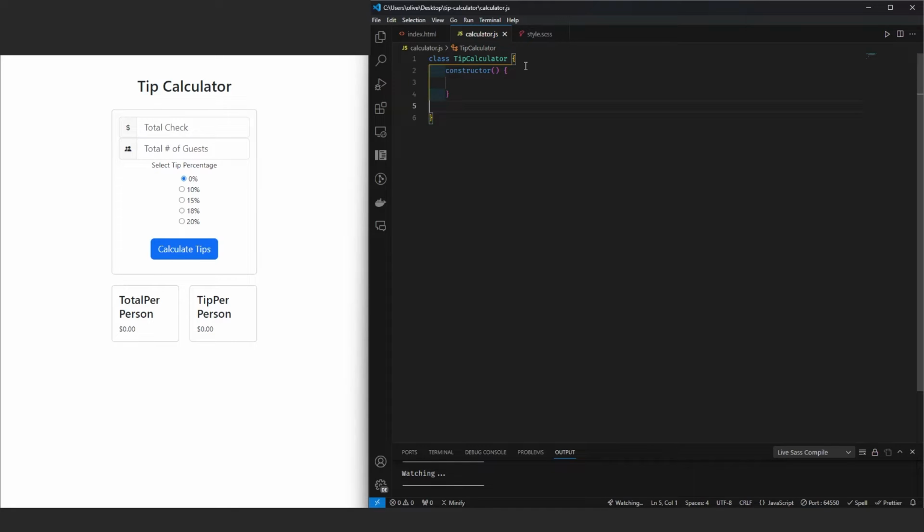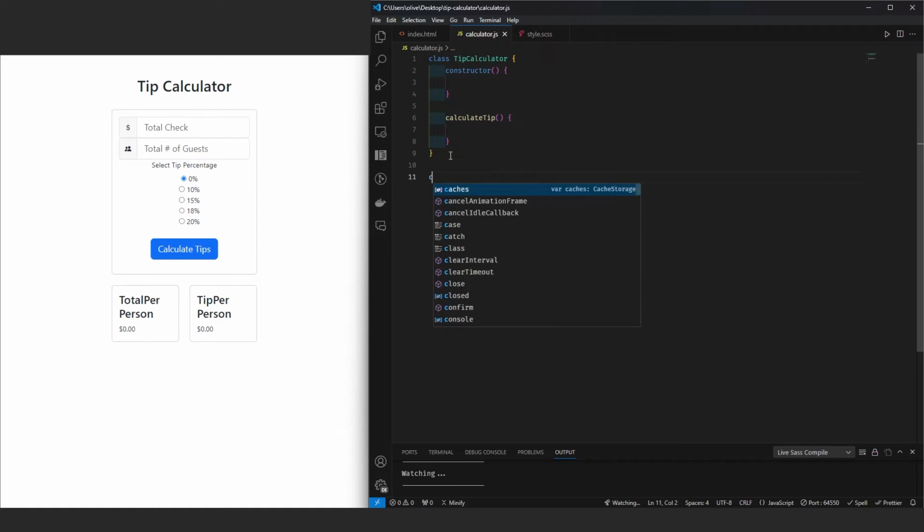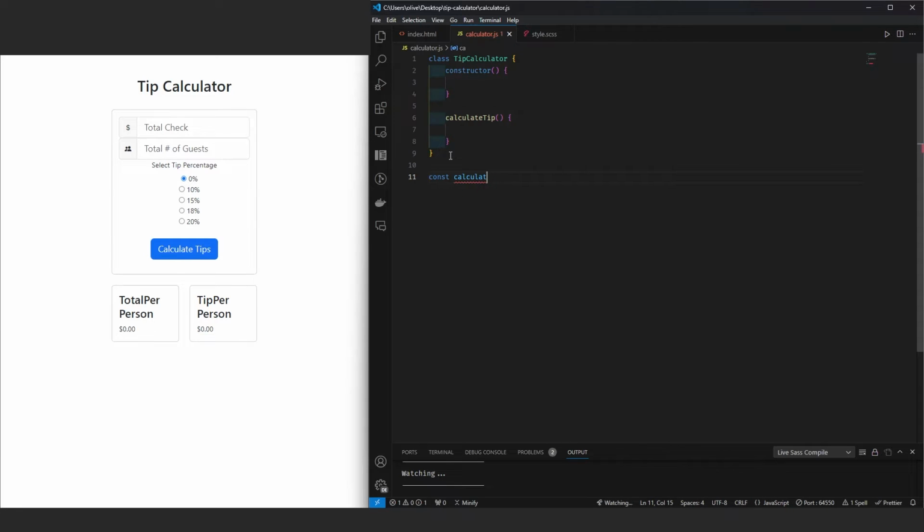and then we're going to have a calculate tip function, and then inside or outside of this we're going to do a constant variable. So calculator equals new tip calculator. And now we have the two functions we're going to use, and this should pretty much be called